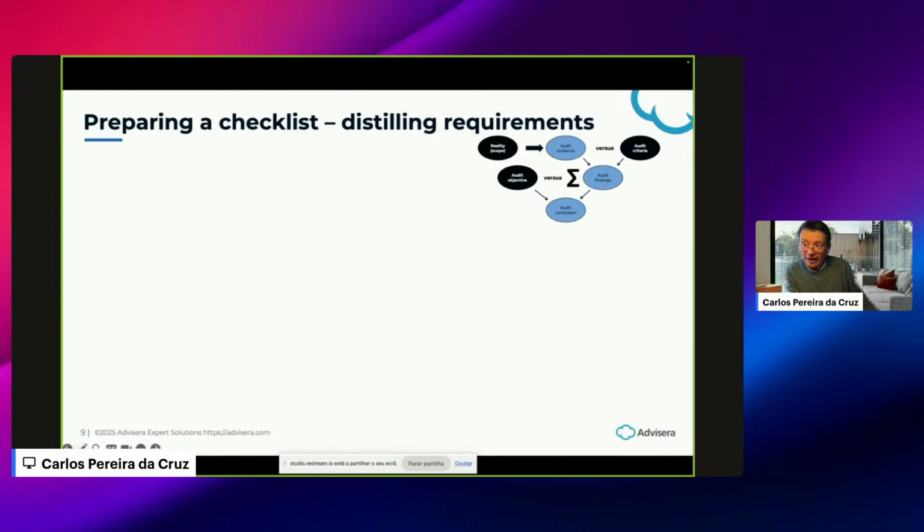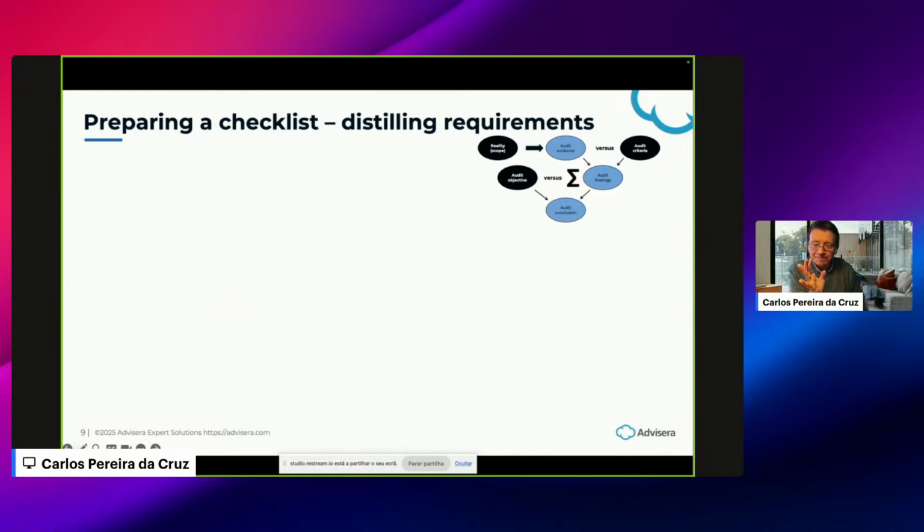Now, you receive the assignment. Now you need to study the audit criteria. So you need to distill the requirements. Karen asked, what questions should you ask? At the end of the audit, you want to provide a solid audit conclusion that answers the implicit questions within the audit objective. So if you look into the audit objective, you can translate that audit objective into a set of implicit questions with different tiers. It's a cascade of more and more detailed questions.